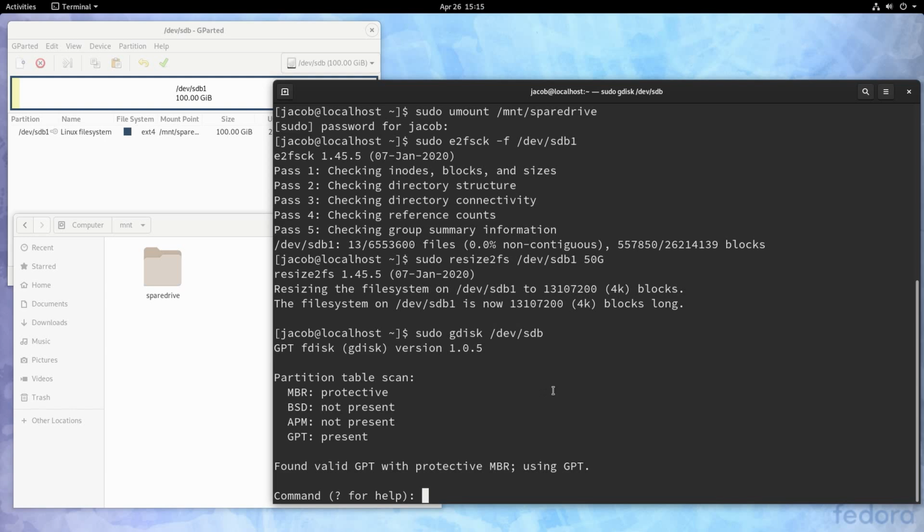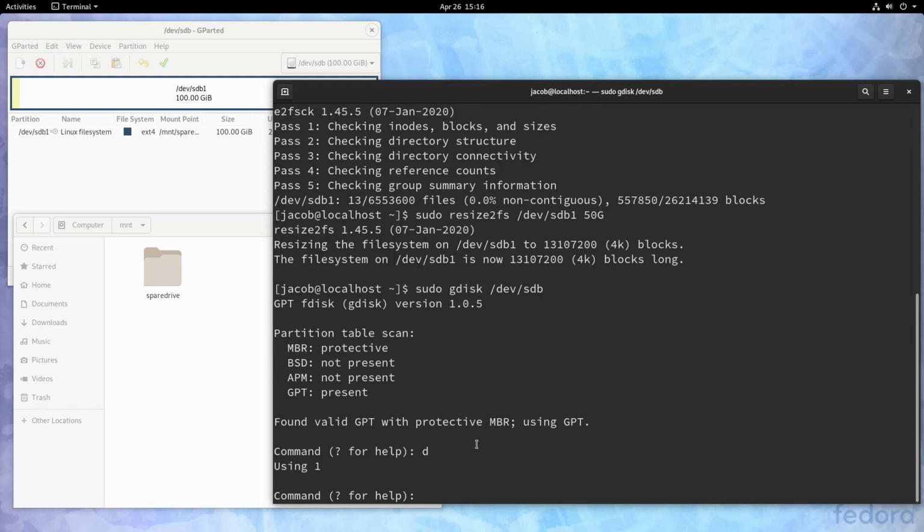It's going to have the same file system within it. Now, even though we're deleting the 100 gigabyte partition, our data is not going anywhere because the data is stored in the file system and the partition table is separate from our file system. So we're not actually overwriting our data. When we say delete, we're just removing it from the list, the table of partitions. So to do this, we're going to hit D, and if you just hit D and press enter normally, it will ask you which number do you want to delete. We only had 1 partition on the disk, so gdisk knew we wanted to delete partition 1. So now that that's been deleted, we've got a clean blank disk. There are no partitions in the partition table right now.